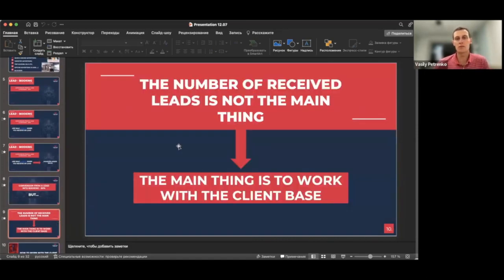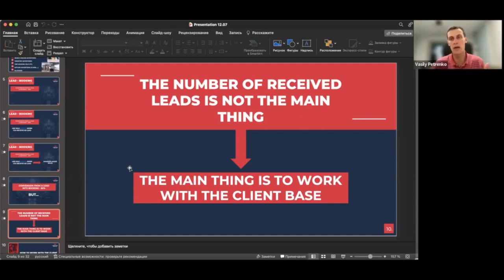The number of received leads is not the main thing, as I said before. We will talk about marketing later, how to get a million potential clients. The main thing is how we work with the client base. After we get this guy who is calling us, booking on the website, or texting us on social media, WhatsApp, Facebook Messenger, whatever, we need to get him into our client base.